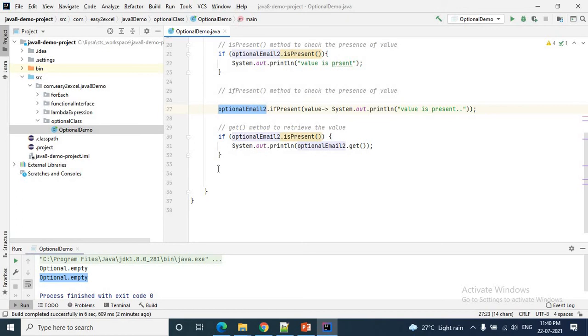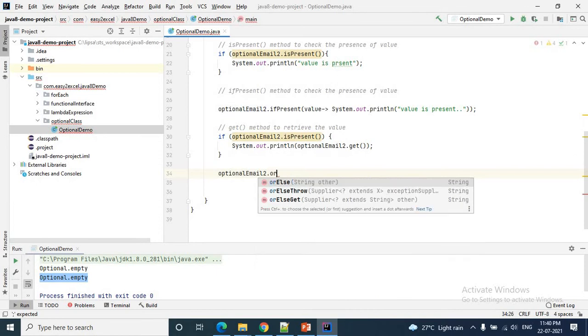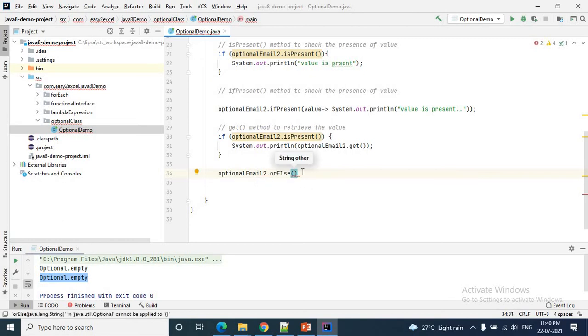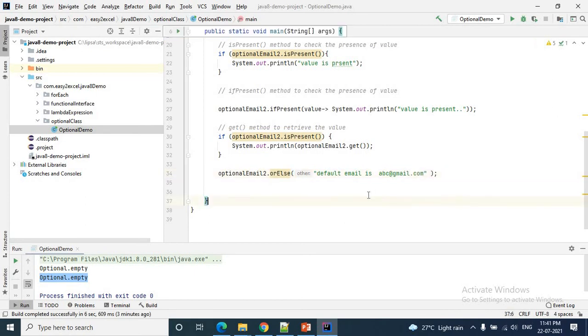Then optionalEmail2.orElse. See, orElse will accept a string as the other value. Optional email two dot orElse, and let me put a default email here.